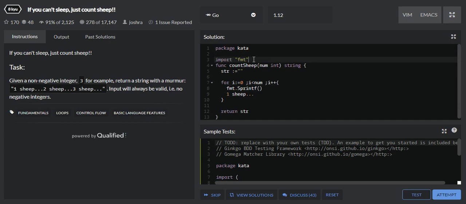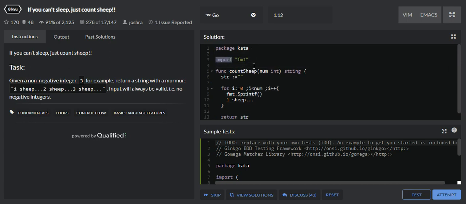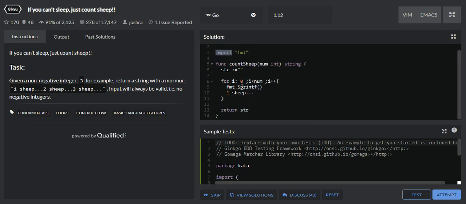So I am importing the fmt package by using the import statement, and now we are able to use the Sprintf function. Instead of outputting to the console, Sprintf will just create the string whatever we are passing here, and output that string.